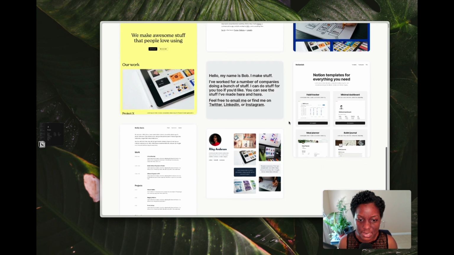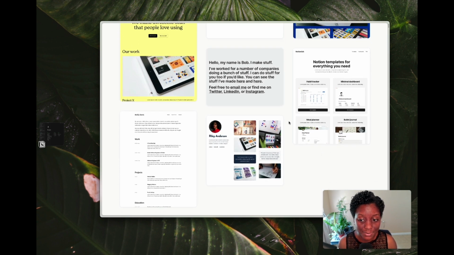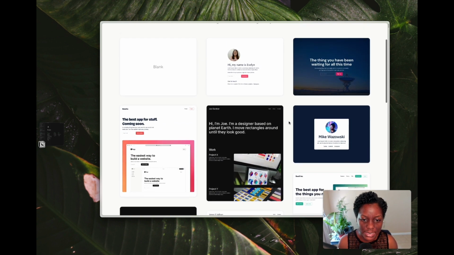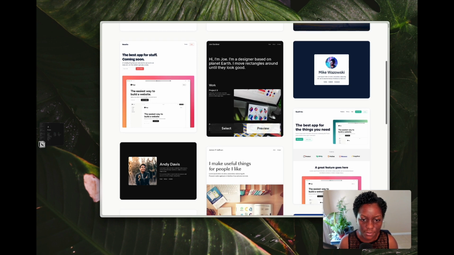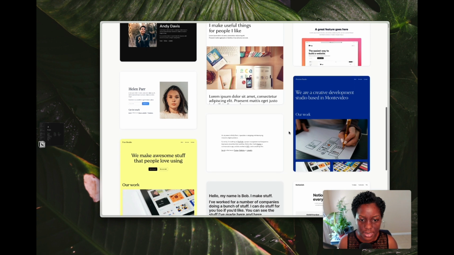Off the bat, we can see lots of different templates, and these templates, I want to highlight, thankfully work like templates. If you have come from Squarespace, and I had my website on Squarespace before, it was great until the templates stopped working like templates, and that's a whole different story that I can get into. But each of these work like templates, meaning that I can click on any of these, which is what I'm going to do now. So let's say, for example,